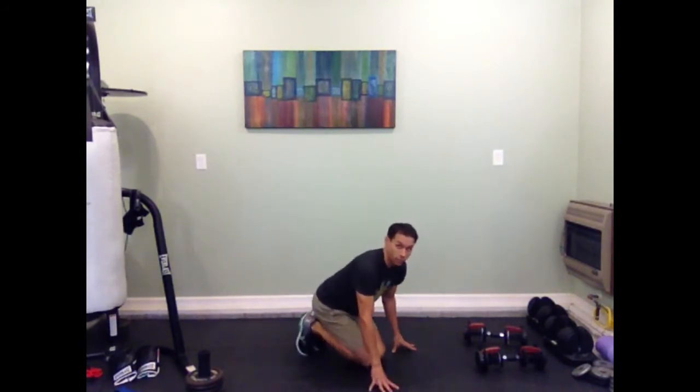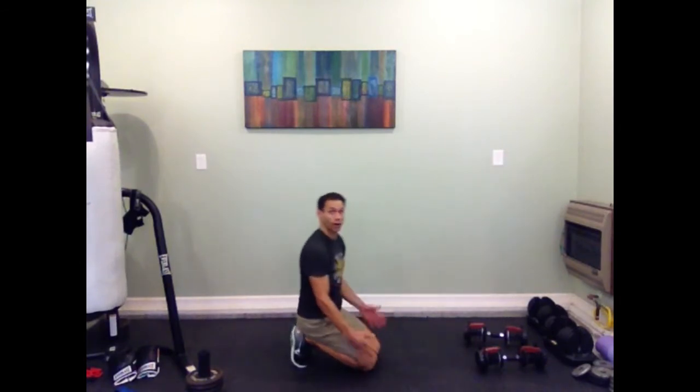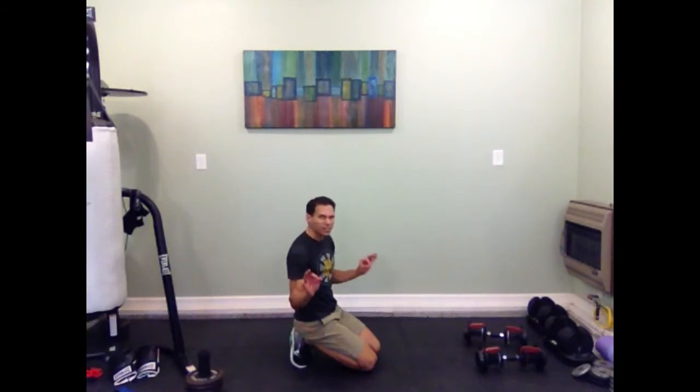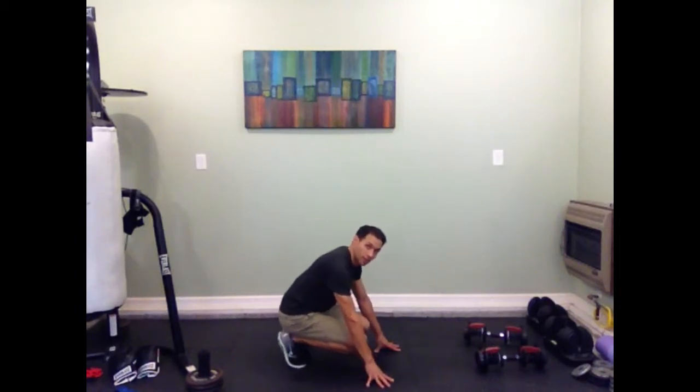You can use your hands for support. So right here, your knees may stay on the ground. You might want to stay here. It's kind of intense in the toes and the feet, but that's okay. If you need a little support and want to take a little pressure off your feet, come up to here,